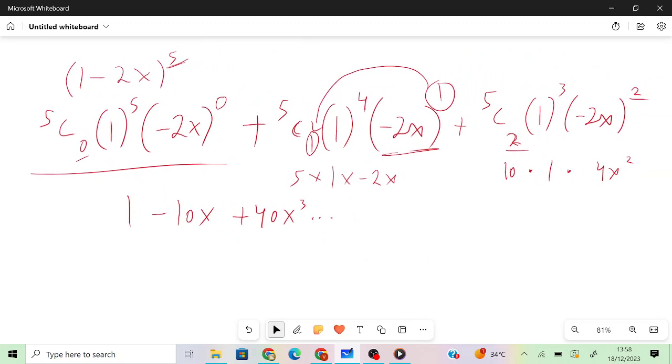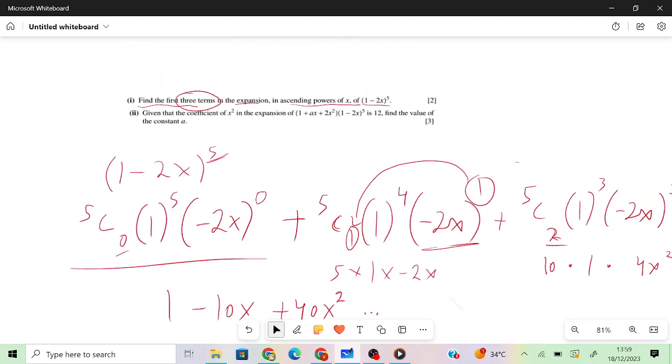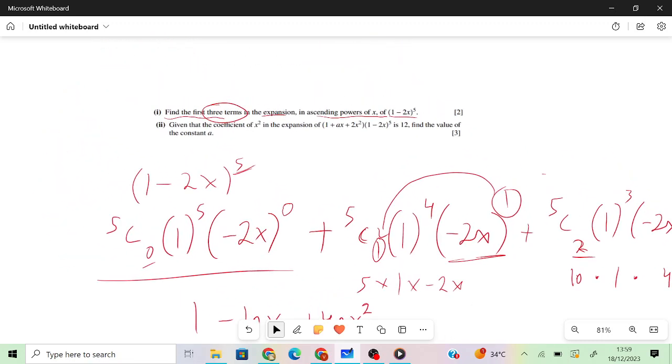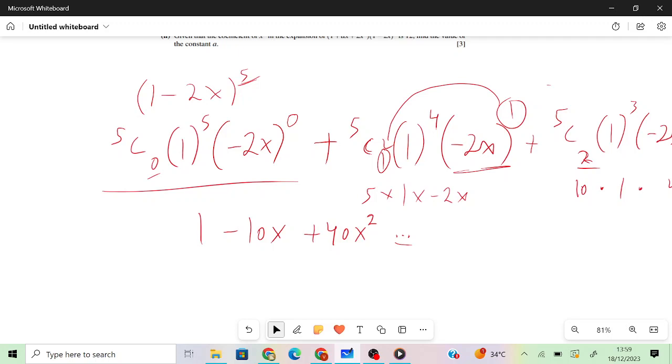Sorry, this is 40x squared. Yeah, it's always good to write these 3 dots down, because it just shows that this can be expanded to even further powers of x. Now that's for the I part. Now for the II part,